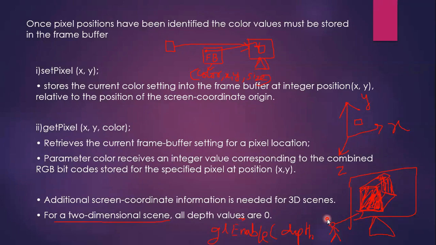That enables depth information. The viewer has to see only the front portion, the other thing has to be disabled, should not be seen. That means you have to apply the hidden surface removal algorithm for removing the back portion of the object. The back portion should not be projected on the screen, only the front portion of the object has to be displayed.